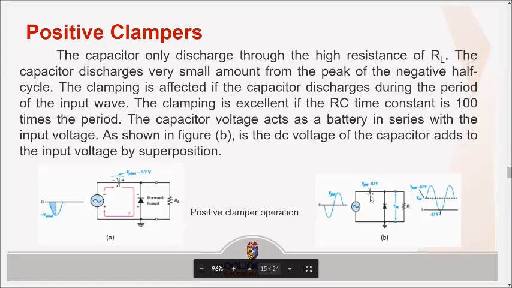Makikita nyo, ito yung capacitor natin. Naka-series siya sa input voltage dito sa AC. Okay, that is the schematic diagram to have this called positive clamper. Okay, next we have